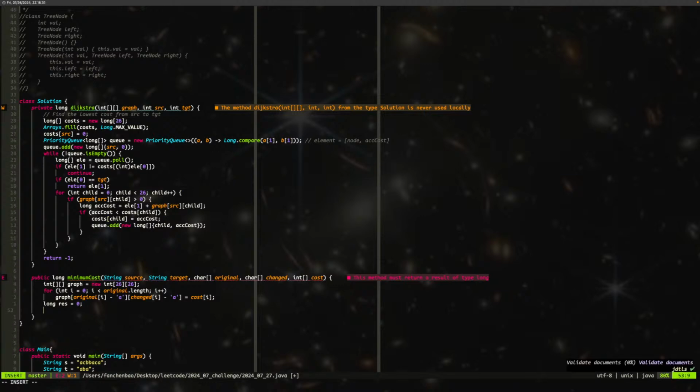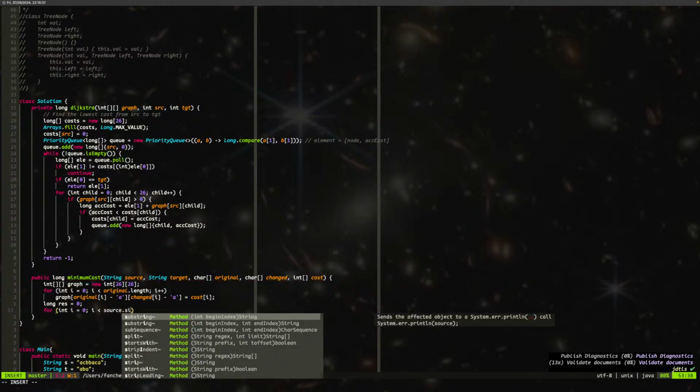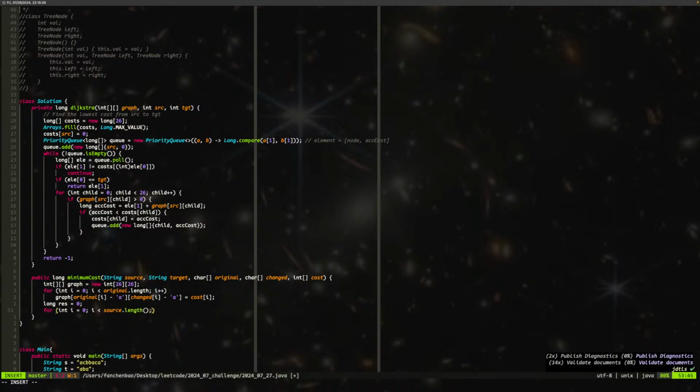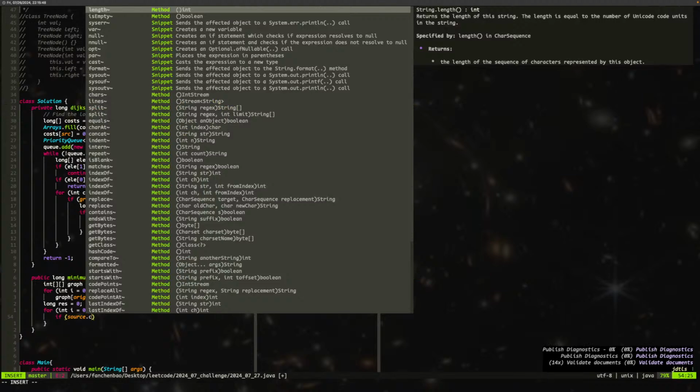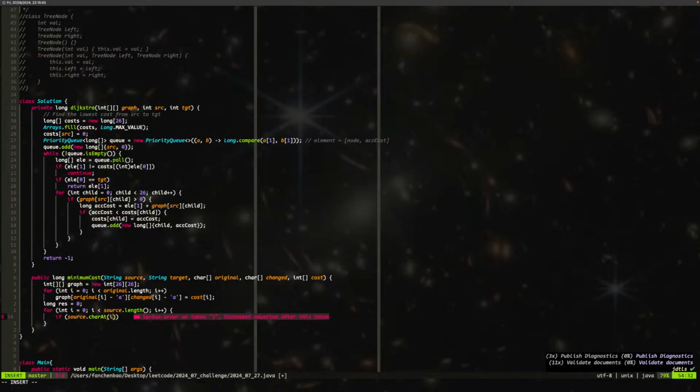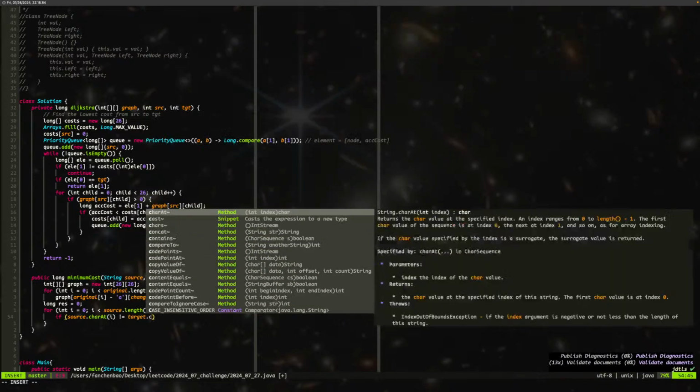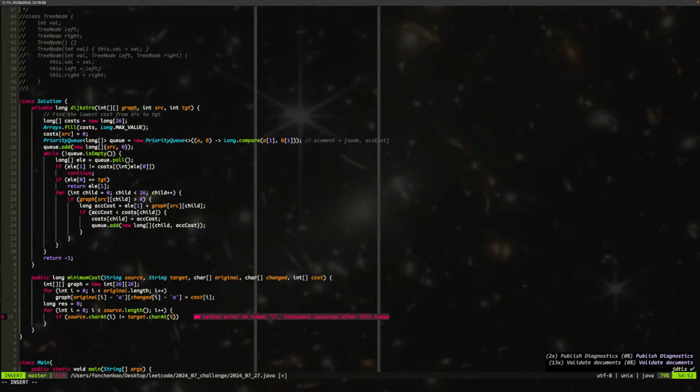Then we'll say for int i = 0; i smaller than source dot length; i plus plus. If source dot char i is not equal to target dot char i, right? Then we say res plus equal to